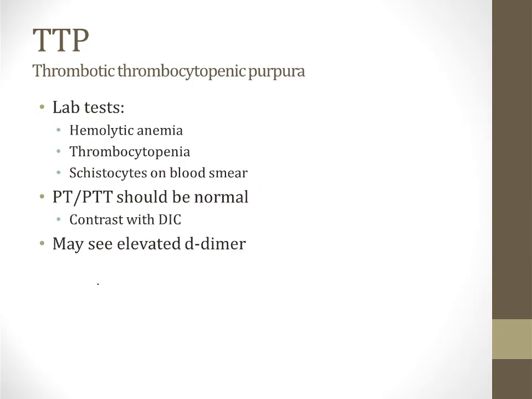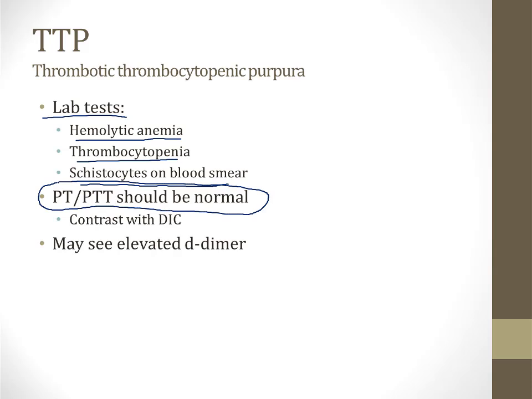A patient with fever and mental status changes and renal failure doesn't necessarily make you think of TTP right away. What usually clinches the diagnosis is the results of lab testing. So lab testing will show evidence of a hemolytic anemia. There will be low platelets, as the name of the disorder implies, and schistocytes will be seen on blood smear. Importantly, the PT and PTT tests of the coagulation system should be normal,